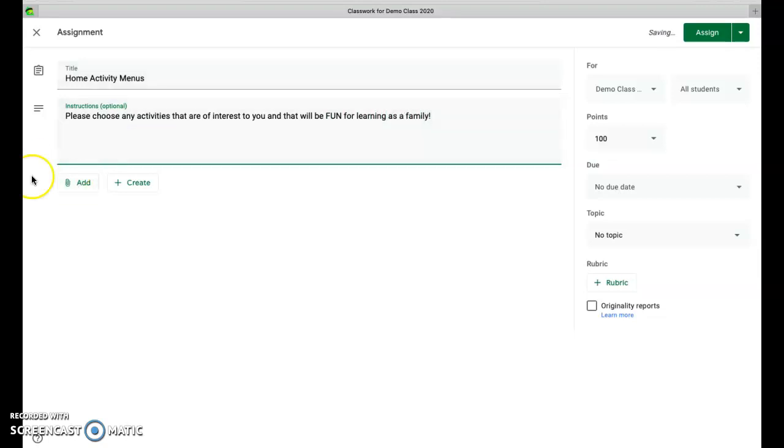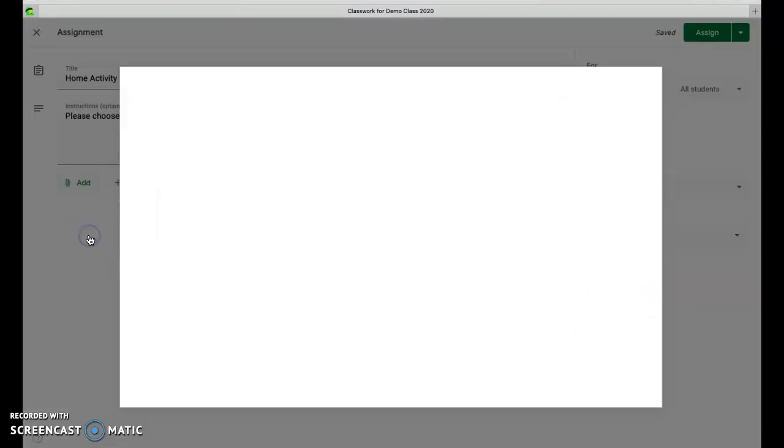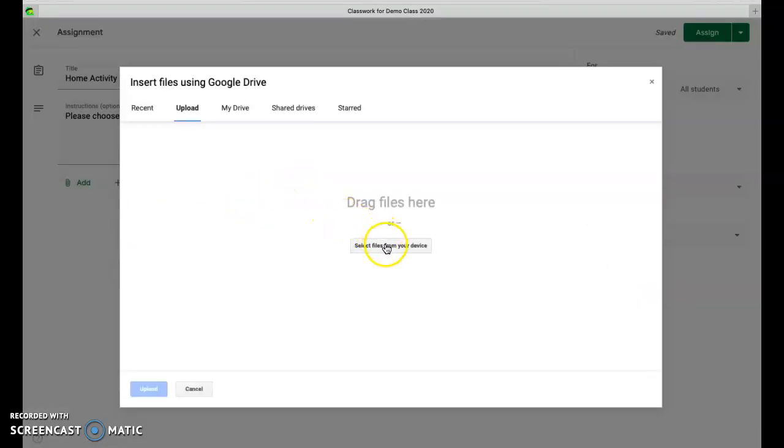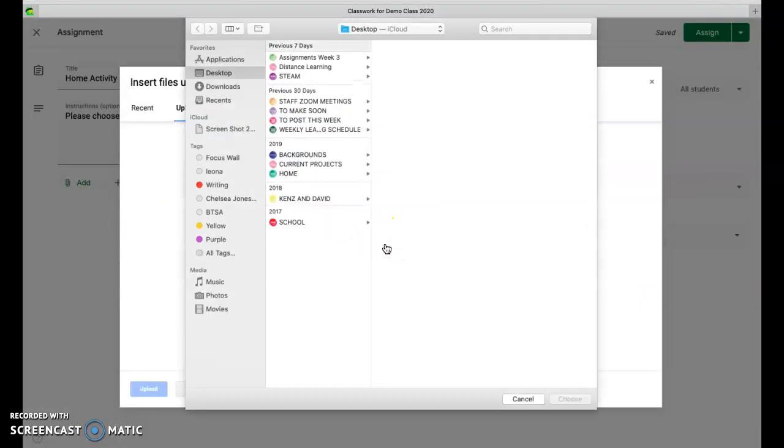Okay, next I'm going to add a file. Now you can add it from Google Drive, which I would highly suggest pulling something from Google Drive. But if you're on your computer and you have files, you can go File and then select files from your device. Now I'm on a Mac, so I can just drag and drop it in there. But since I'm showing you this right now, I wanted to make sure that I showed you how to get